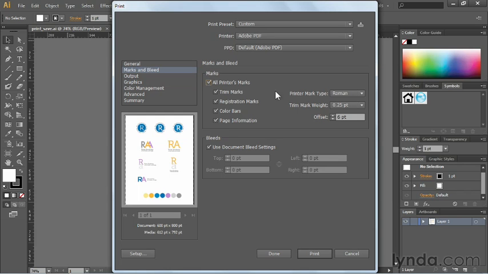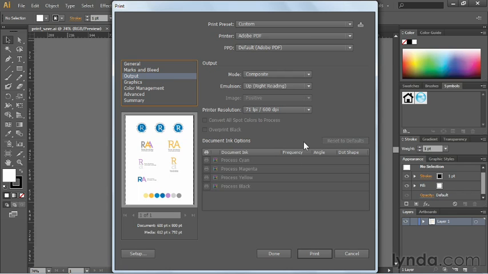To the right of that, you can set things like the type of printer marks, either Roman or Japanese, and also trim mark weight. That determines the thickness of the trim marks. You can also determine whether or not the document uses bleed settings that are in the document itself, or you can specify your own. In the Output section, you can determine things like the mode, whether or not it's composite